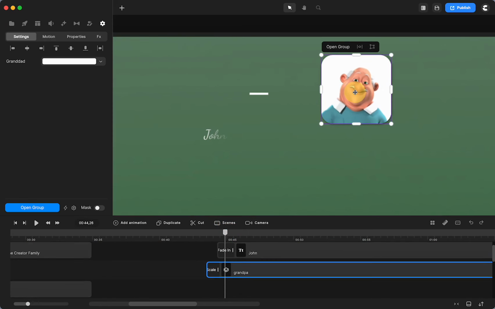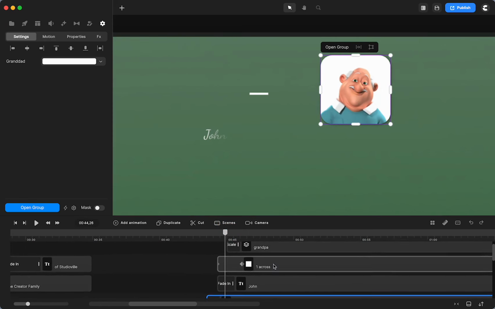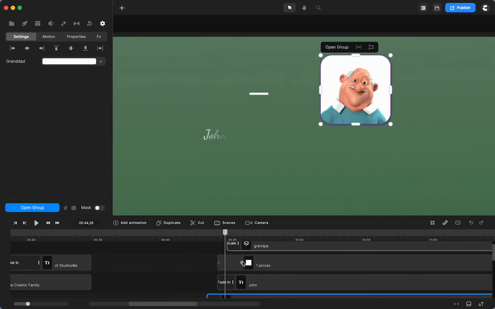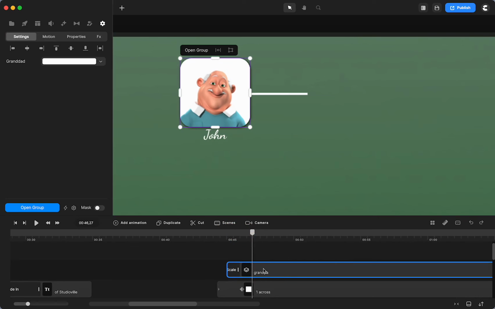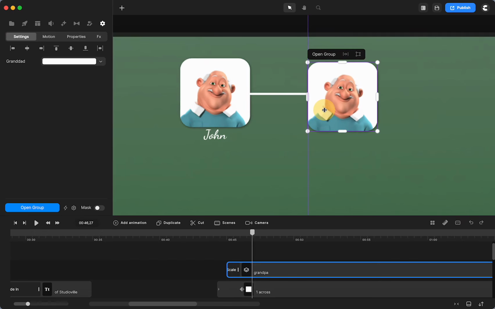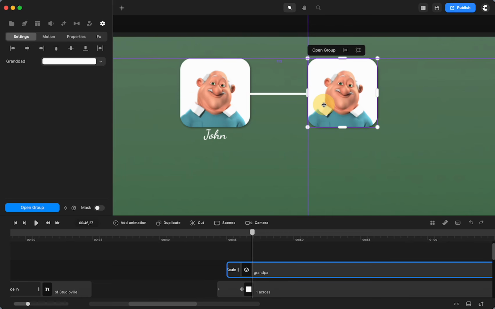I click and... I should just start over because I'm making so many mistakes here. The problem was I hadn't selected the right one. And I'm just going to move him over and make sure you can see with that purple line. See the purple line? It is centered. If I moved it up, you now can see you have side and top and bottom boundaries, but I want